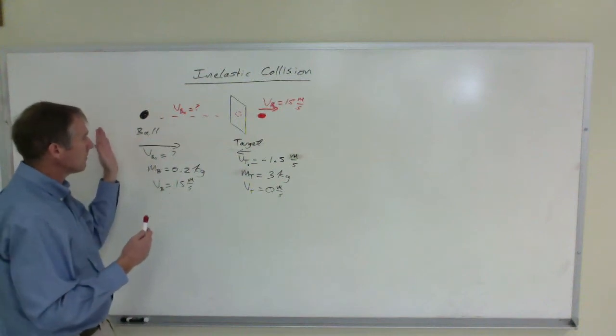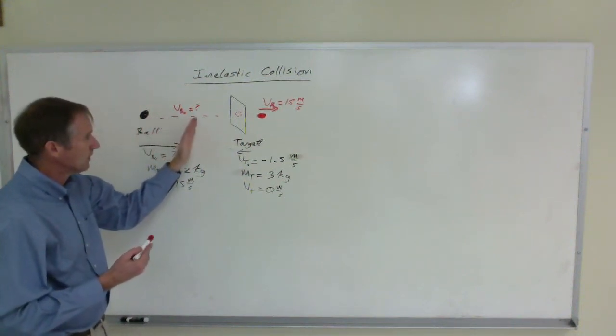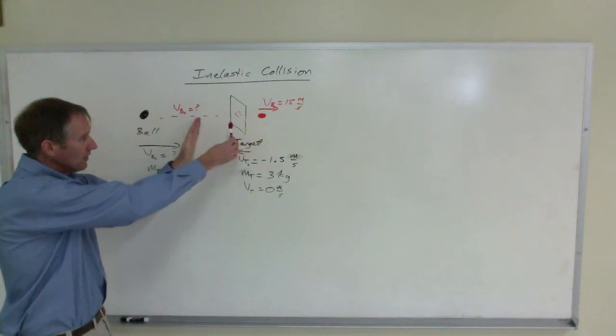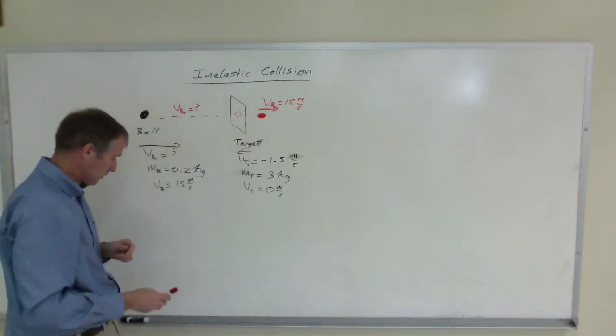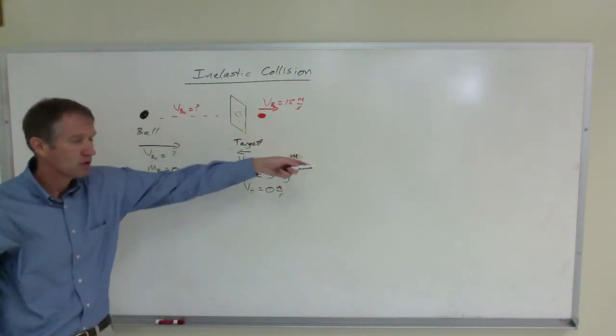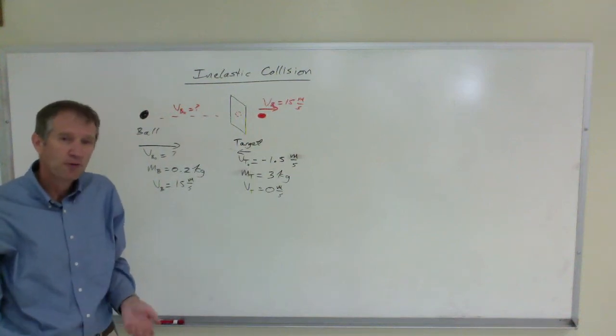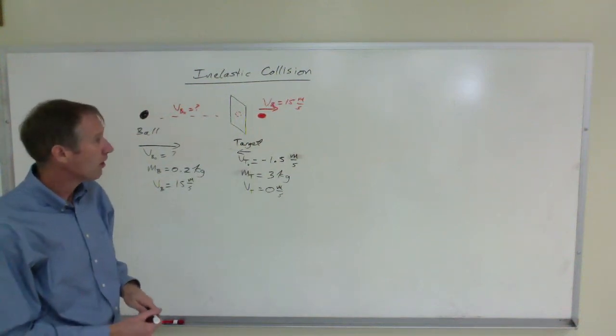Before the collision, the ball is moving towards the target with some unknown velocity as the target's coming in the opposite direction at 1.5 meters per second. Because the ball passes through the target, it's not perfectly inelastic. So to solve this,